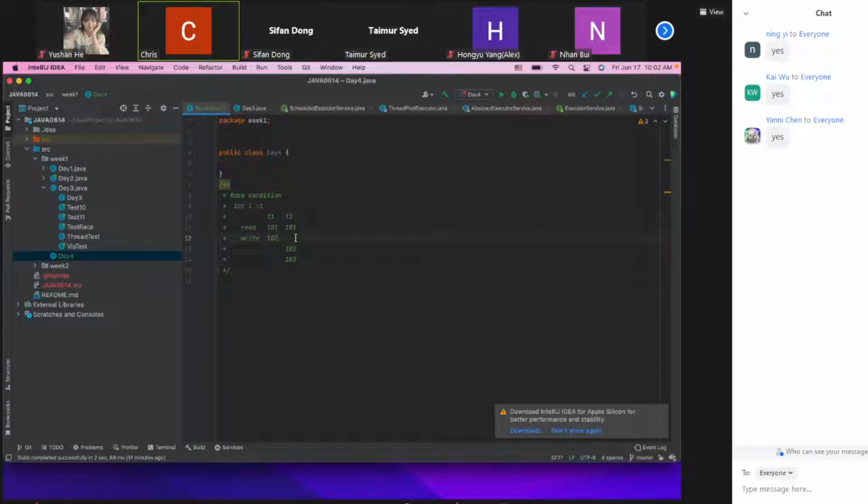So keep in mind that if we can satisfy this requirement, then we can still achieve thread safety, right? So the key here is to make sure that at the same time, only one thread can